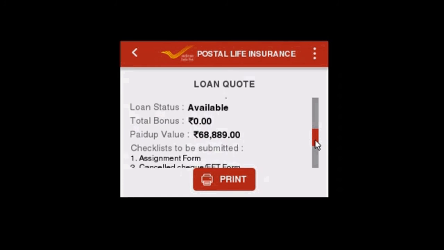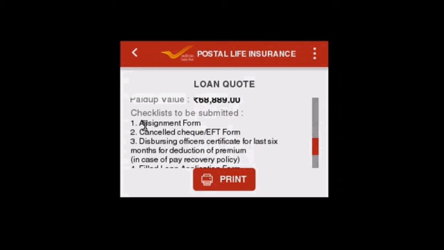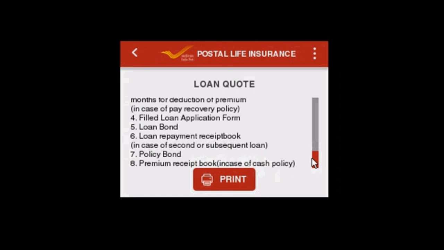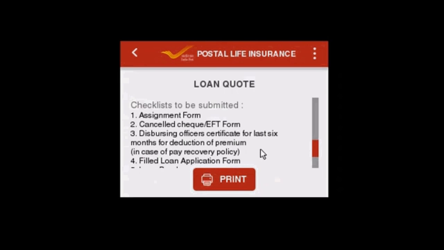This is very unique thing for branch office. Since he is going to take the loan, now he has to submit some documents. Whatever document will have to be submitted, that is written here. That can be printed out and given to the customer concerned, and this is an easy process. Customer can see whatever document he needs to give along with his loan application. That he will prepare it and submit it to the BPM.